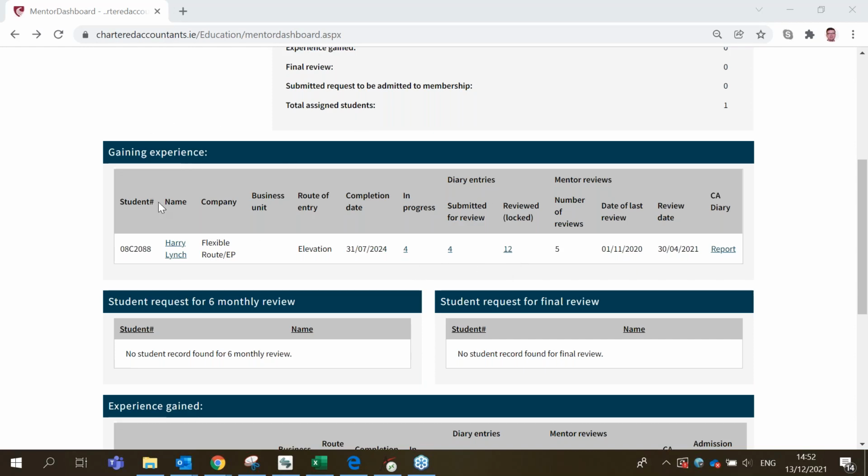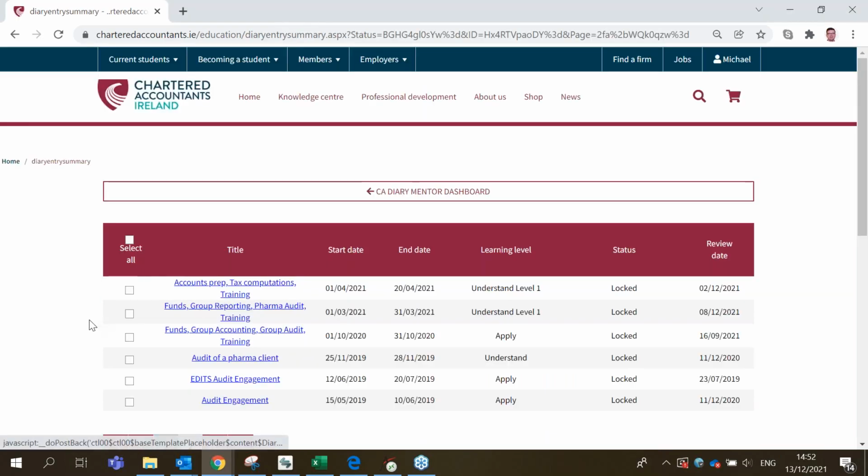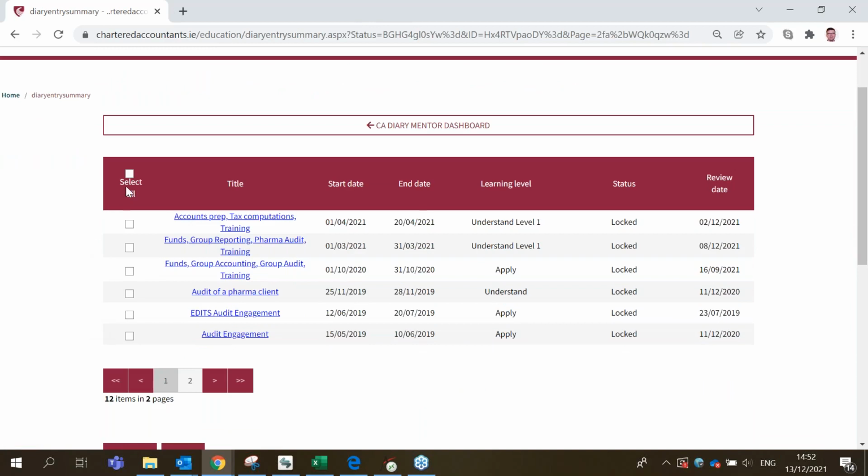So to do so, navigate your way down to the relevant trainee and look at the various headings. One here is reviewed or locked. We see an active hyperlink. In this case, we have 12 entries which are locked. So click on the active hyperlink, in this case, the digit 12, and you have an option of either selecting